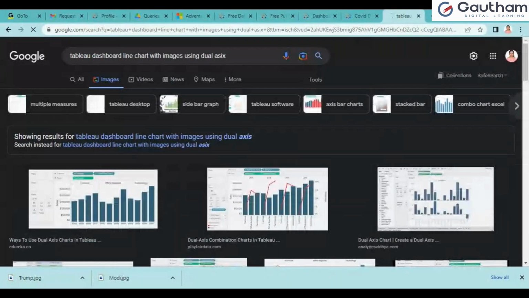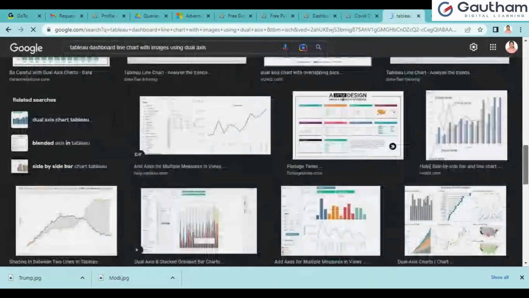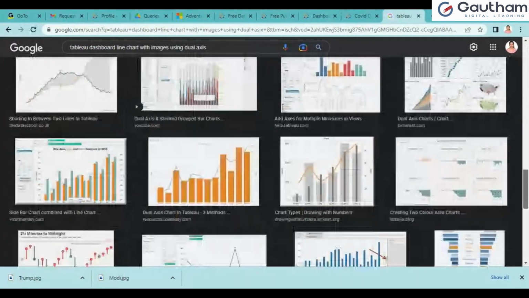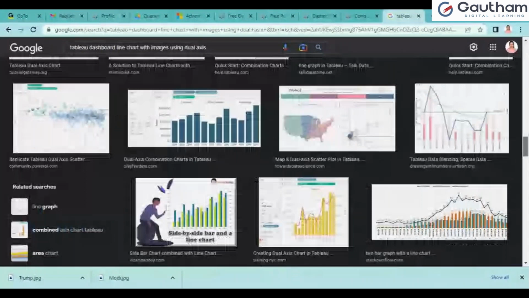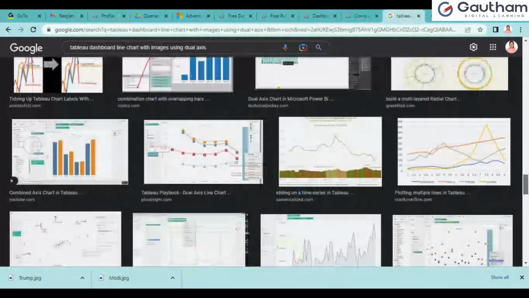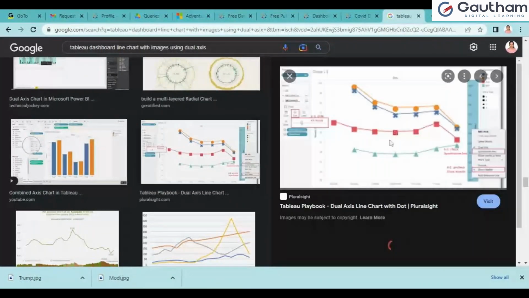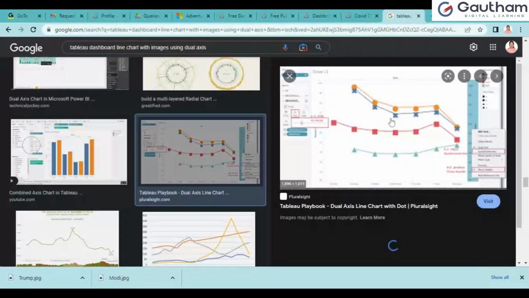No one has created one. See, suppose this one, imagine. Instead of each and every shape, instead of these shapes, I have created a name. Anything you can create. Suppose you are working on a gaming platform.